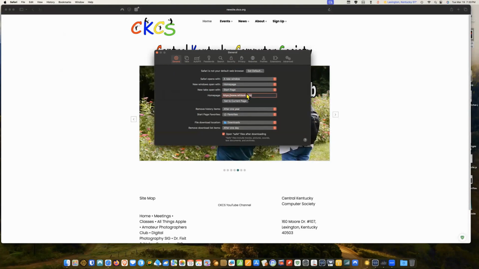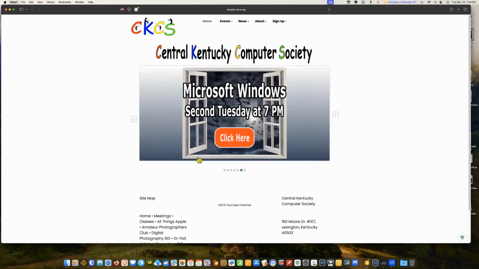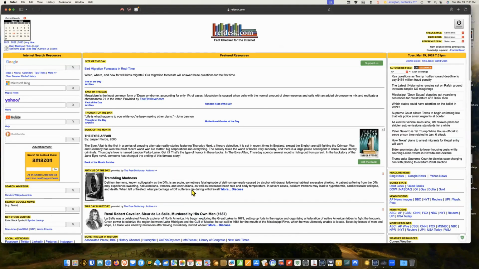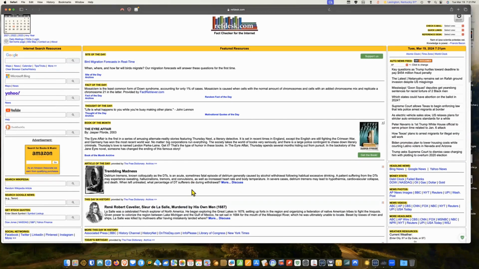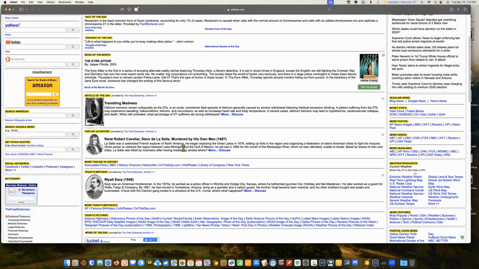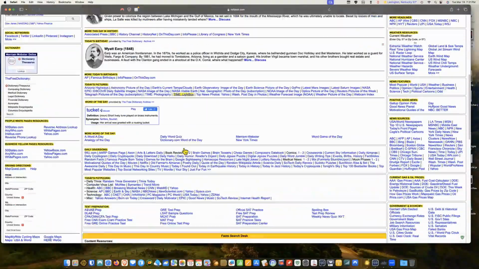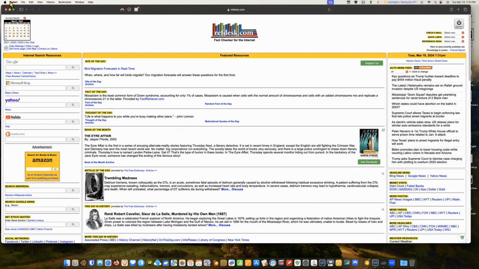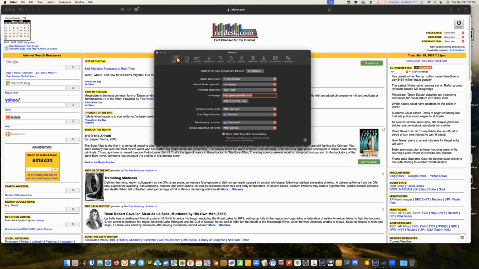RefDesk is a popular page. It's just cluttered, filled with all kinds of information. Links. It's like a reference desk at a library. There's RefDesk. You can read about Trembling Madness. Got all kinds of stuff in here. And I just did that by going up to Safari, coming down to settings or preferences, and clicking on general